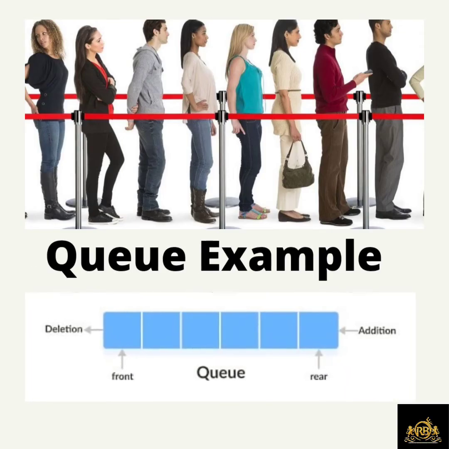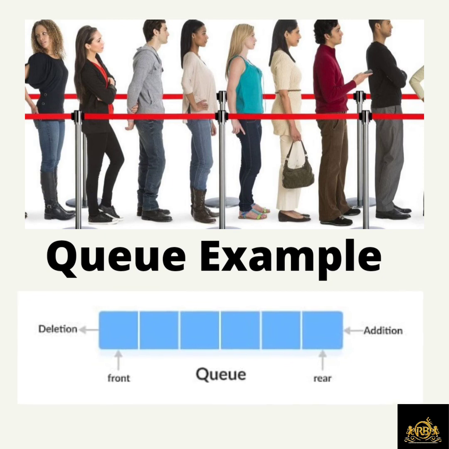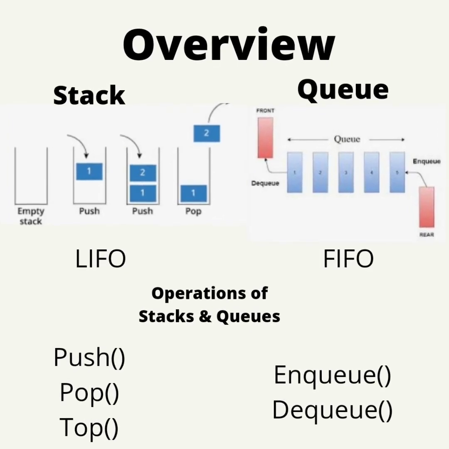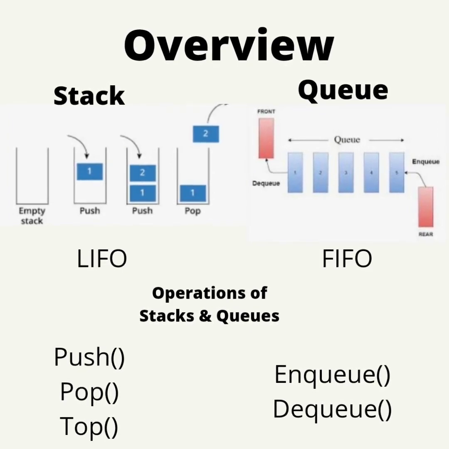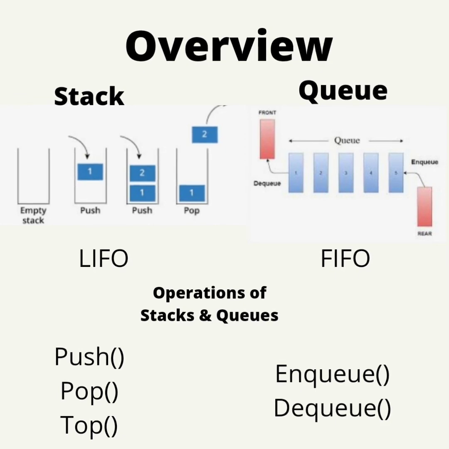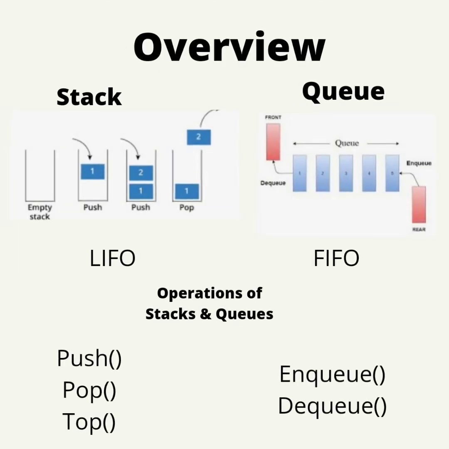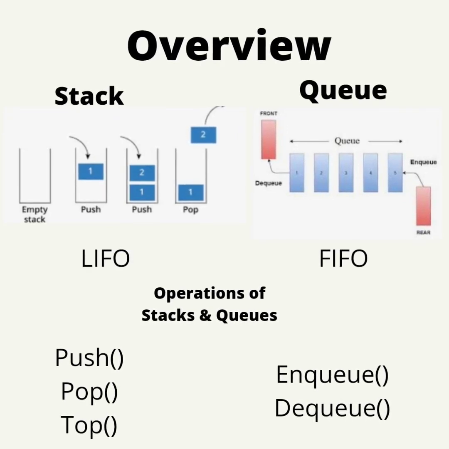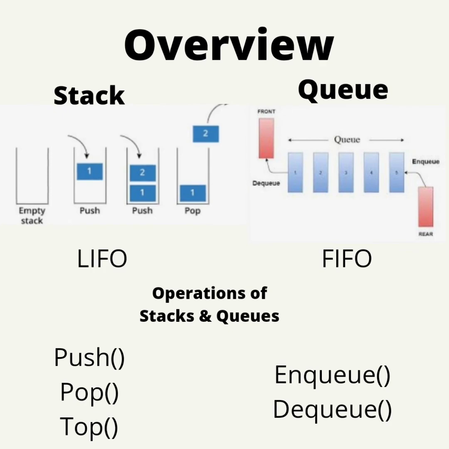To give a brief overview, stacks and queues both are linear data structures. Stack follows the LIFO, last in first out methodology. Queue follows the FIFO, first in first out methodology. Stack follows three basic operations, that is push, pop and top, and the queue follows two basic operations. One is NQ, insertion of the elements, and DQ, deletion of